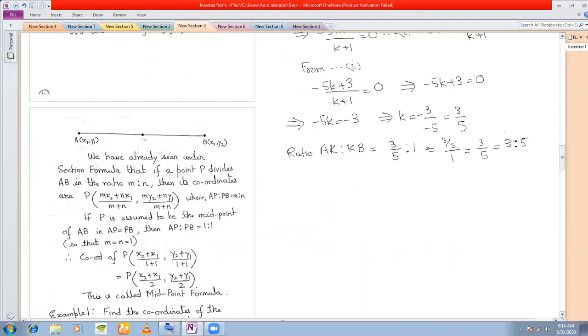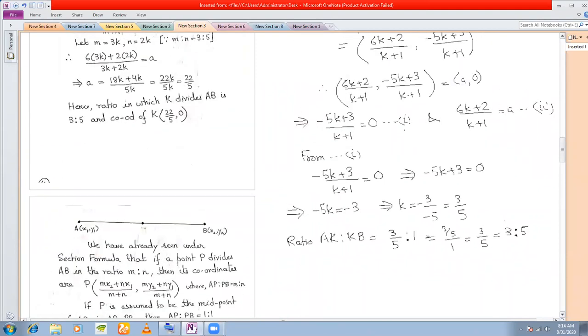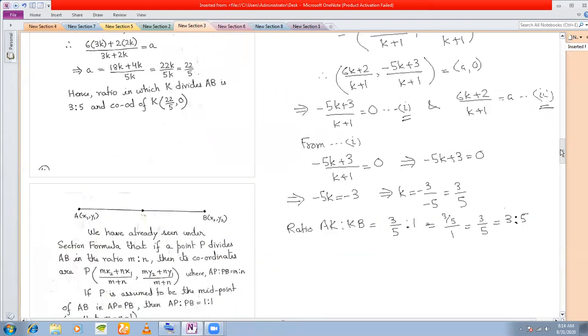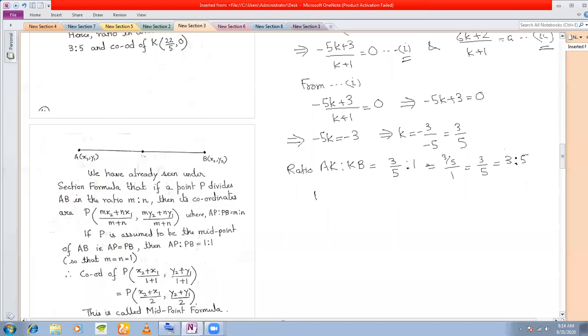So I proceed. Therefore, the ratio we have got is 3 is to 5. And now we are going to use equation 2. From equation 1, we have got the value of k. So we now use equation 2 to get the value of the coordinate of a. That is the value of a. So from 2,